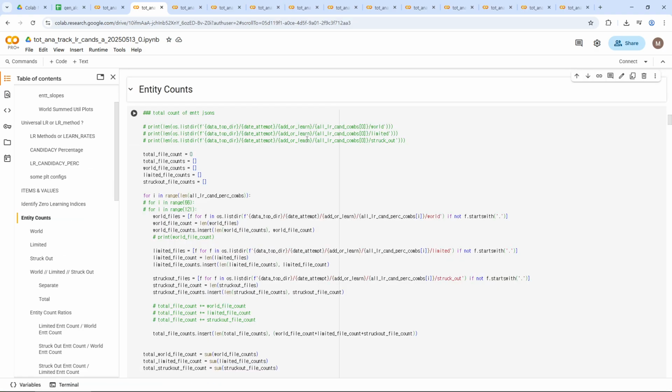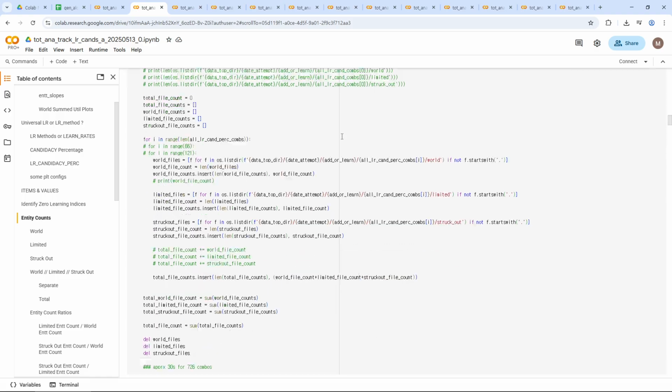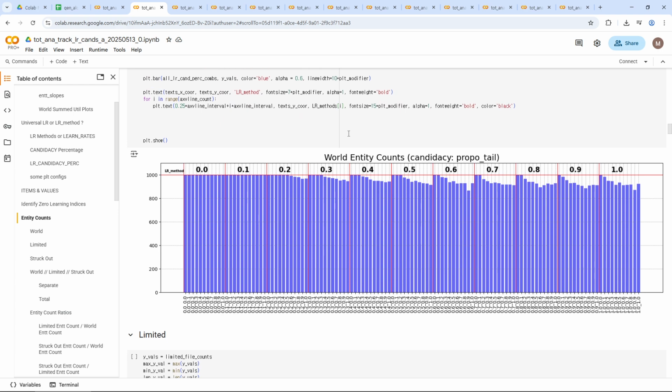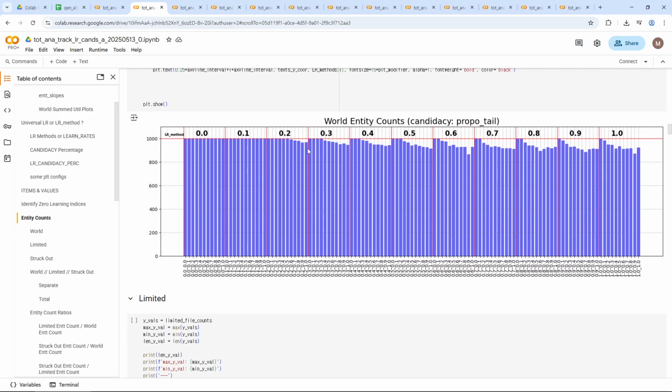So first I'm going to have a look at the entity counts. I don't think I've done this before, or maybe I have, maybe I forgot. So this is the entity count, and this is what you get. You'll see the red line is the 1000 mark, because the population and the max population are all set to 1000. And what you see here is that as the candidate percentage, in this case, if you look closely,